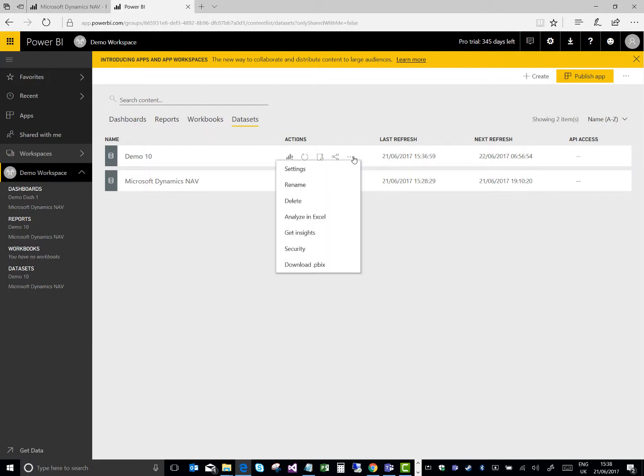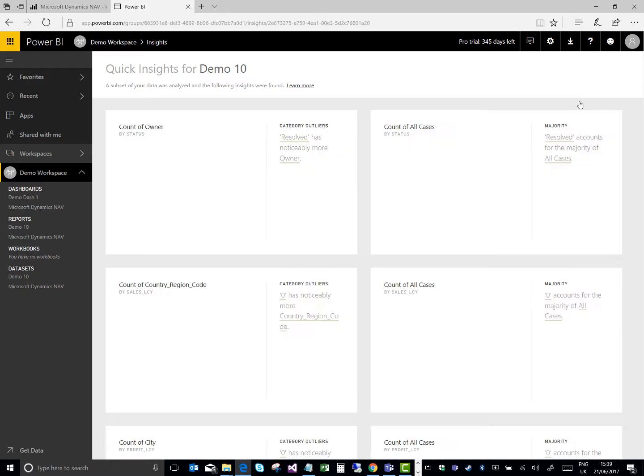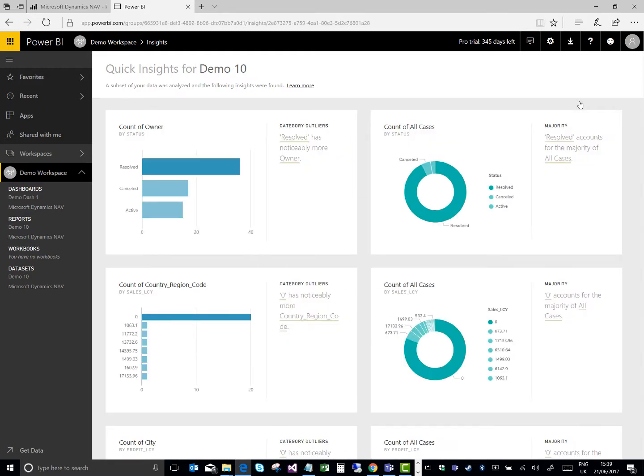And if I just click on more options here, I've got get insights, and I'm just going to click that button. What this is going to do is look at the data I've imported without me telling it anything about that data, and it's going to suggest to me a series of insights that you might be interested in, so that you can subsequently add to reports or dashboards. So I'm just going to wait for that to finish, and this can happen on any data you've pulled into Power BI. And once it's finished, as you can see top right, I can click View Insights, and this is going to show me a list of visuals that maybe I hadn't thought of, or trends I hadn't thought of,